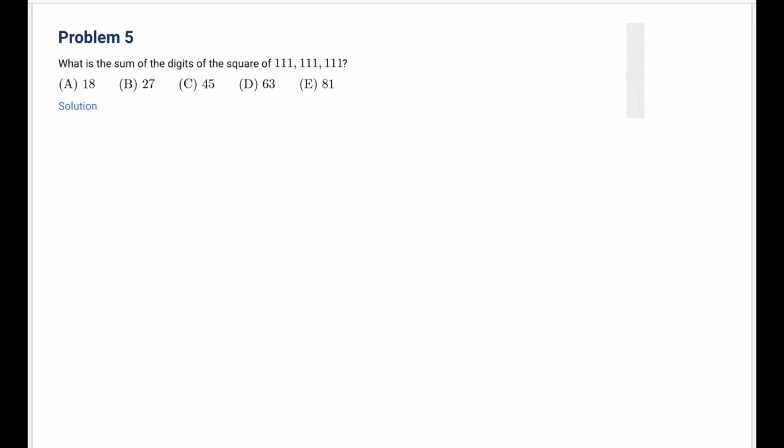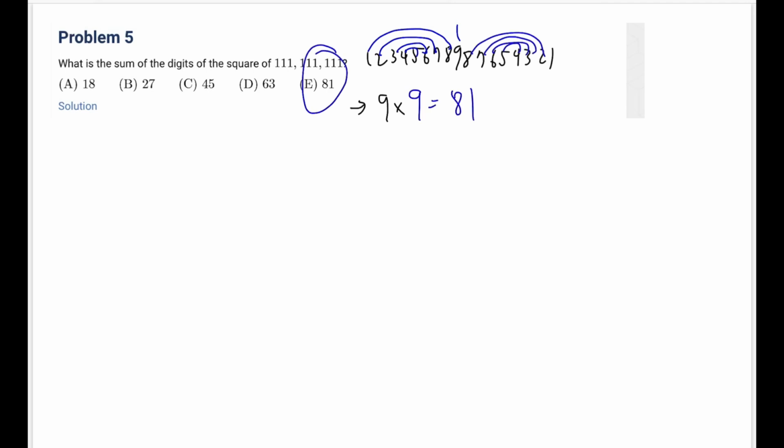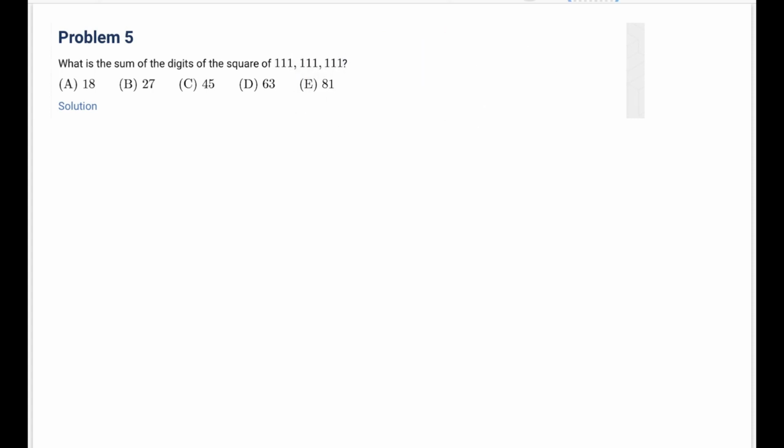Number 5: what is the sum of the digits of the square of 111111111? Okay, so if you know already that this squared would be 12345678987654321, then all you would have to do is count that there's 1, there's 2, there's 3, 4, 5, 6, 7, 8, 9 nines, so this is 9, so the answer is 81. You could go like this, but if you don't know this, then you could just say